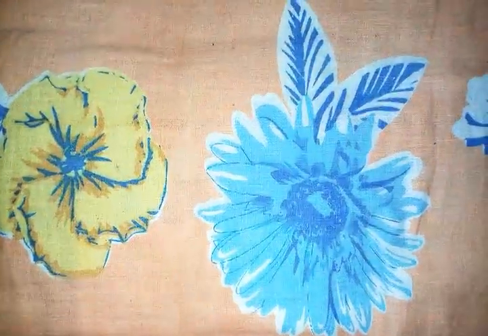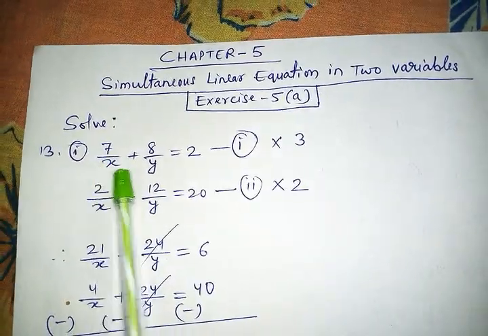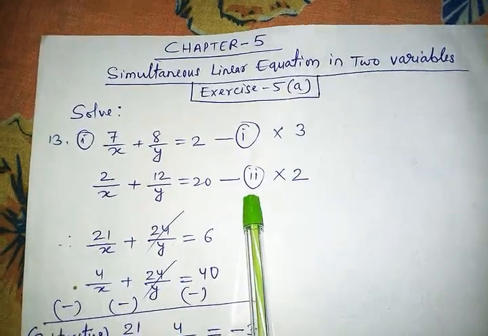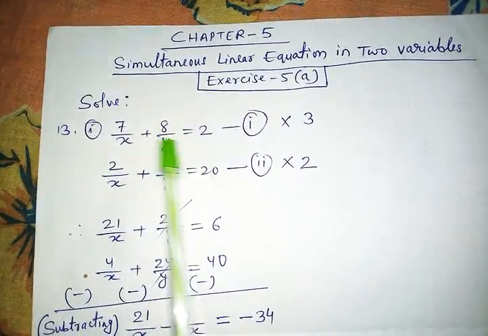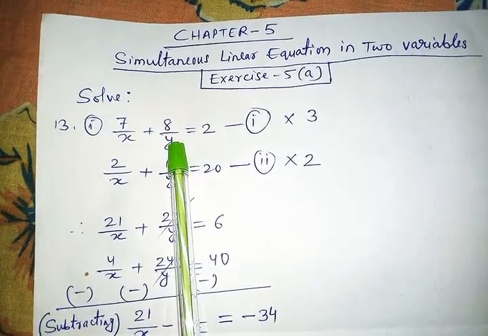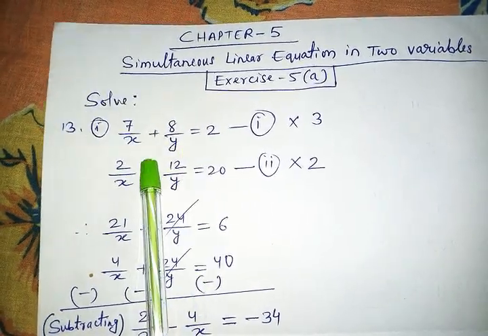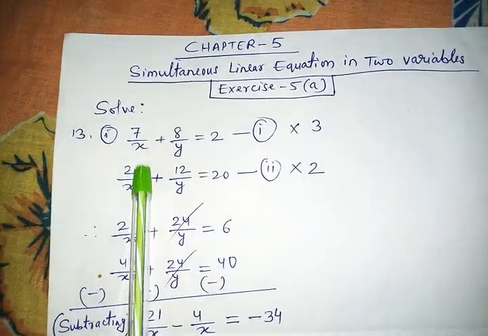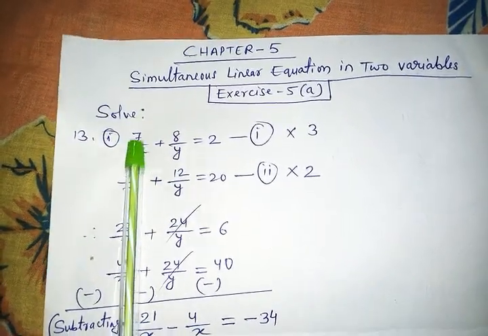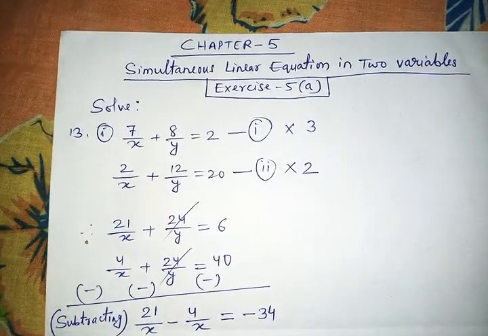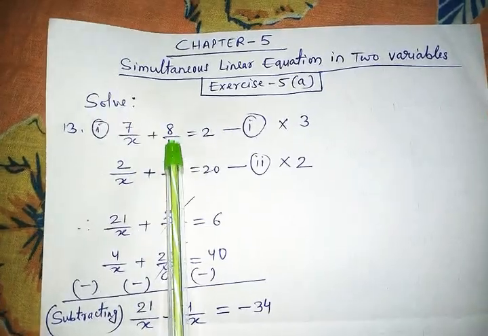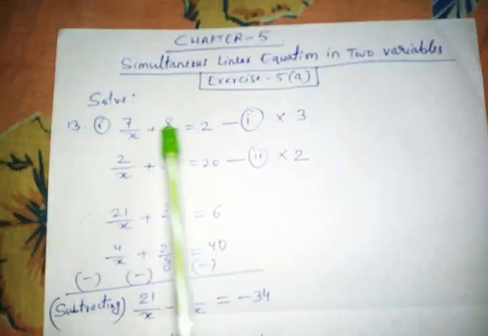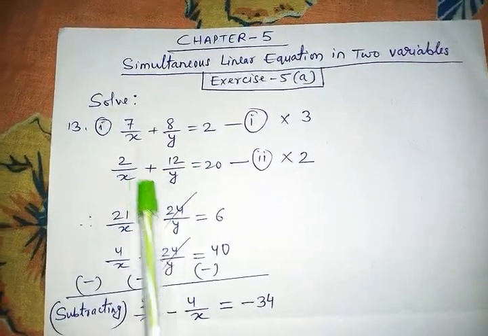Let me discuss one more question, children. Here, this is the equation. This is equation 1. This is equation 2. You might be thinking, sir, why did you not do LCM here? But if we do LCM, our LCM will be x and y, so both the x and y will attach. But here if you see, they are in fraction and x is separate, y also is separate. So in that case, what will happen, children? The first position goes to x, second position goes to y, and then a constant number. So that's why this is a perfect equation. So we need not do LCM.